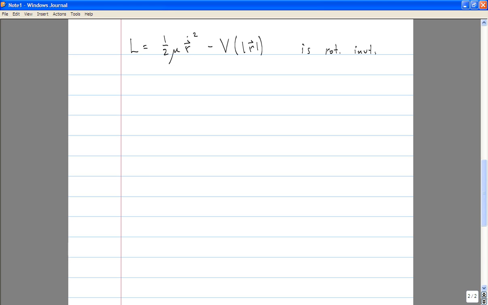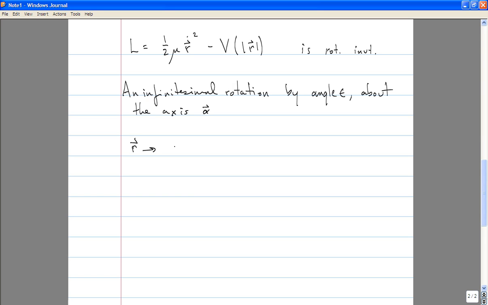And although I could, if I wanted to, and I will later in this class, write down very explicit formulas for rotation matrices, all that is needed in this case is the fact that an infinitesimal rotation by an angle epsilon about the axis alpha takes the position vector r to r plus epsilon alpha cross r, or using index notation, it takes the vector r,